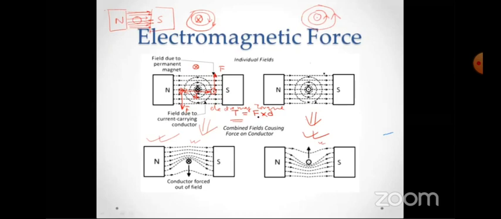That force will give a couple force equal to F cross D, where D is the distance between the CG of these two conductors, between the center of gravity of these two conductors. This couple force is represented by T, because a couple force is basically a torque. So that torque is equal to F cross D.